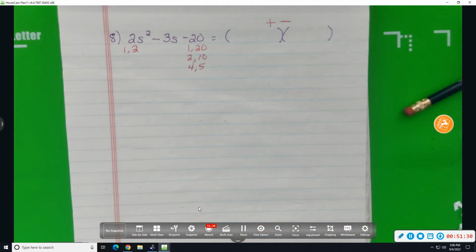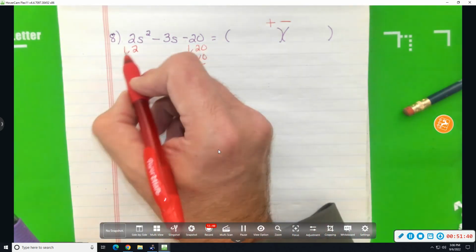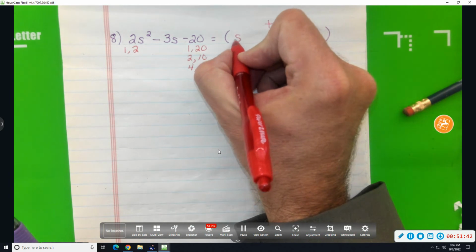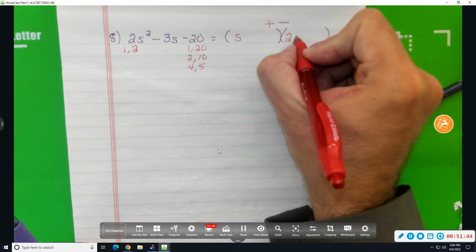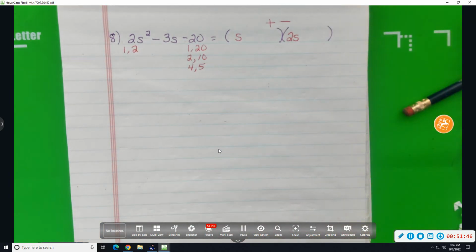Notice how the middle term isn't dramatically larger than the other two numbers. So I'm going to start, well, first of all, for the first S squared, it's 1S and 2S. Now, question. I was just going to say that looking at this, I kind of realized that for ones